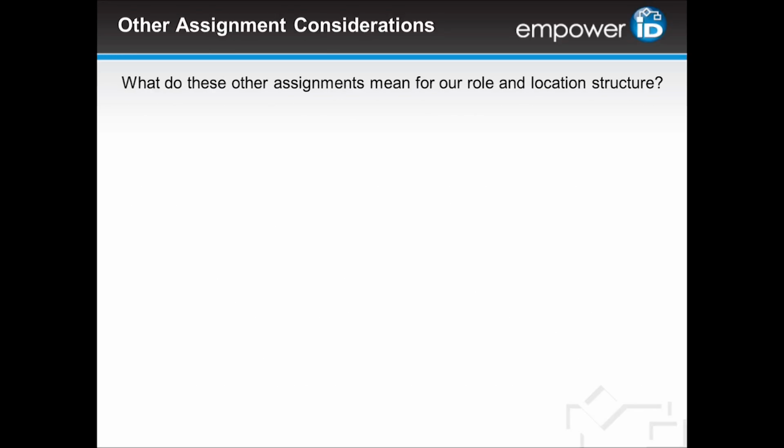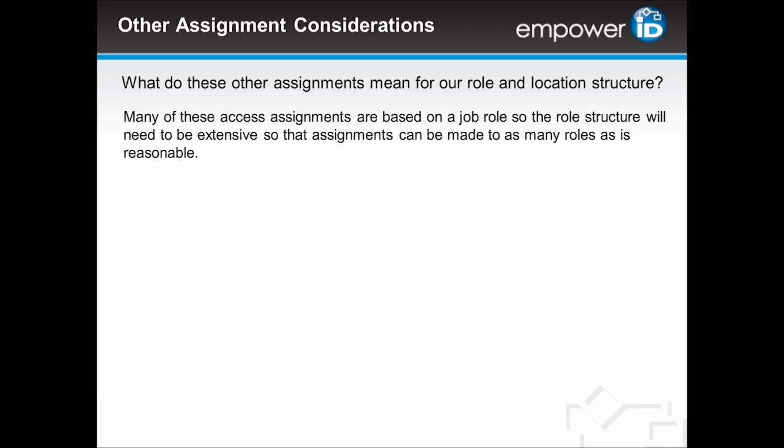What do these assignments mean for our role and location structure? You see, many of these access assignments are based on a job role. So the role structure we know is going to need to be extensive so that the assignments can be made to as many roles as is reasonable. We don't want to go too nuts on too many roles, but we want to try to capture as many architectural role setups as we can so that we can do a lot of assignments automatically